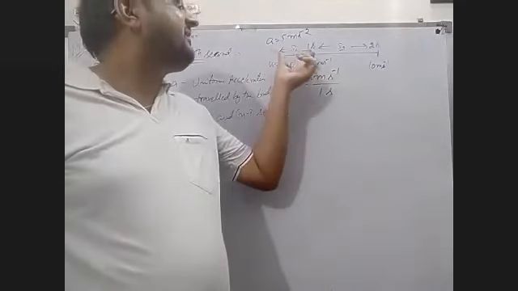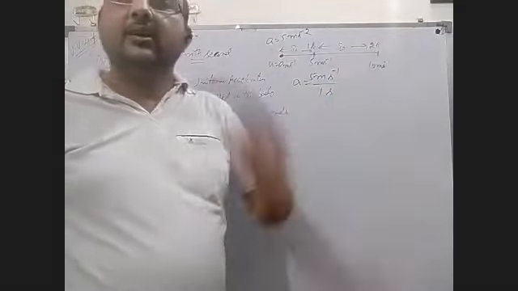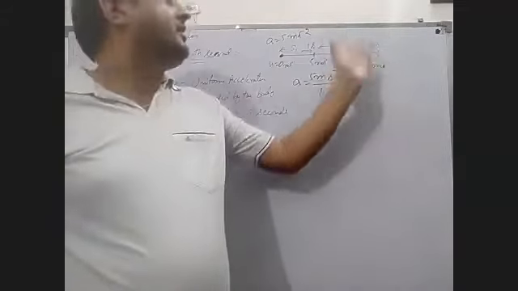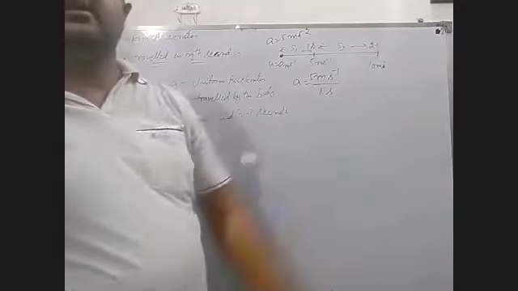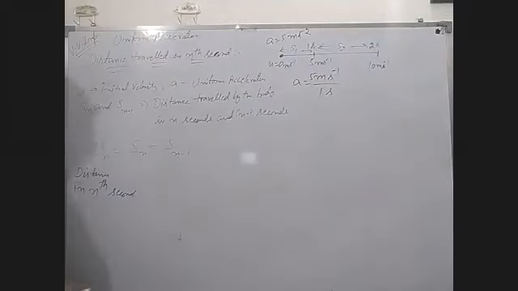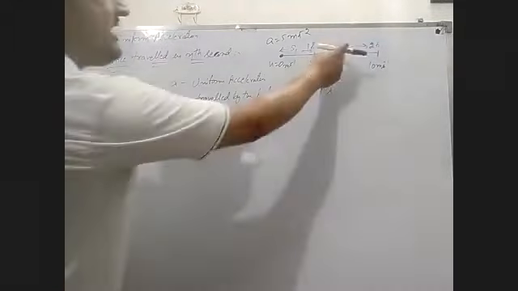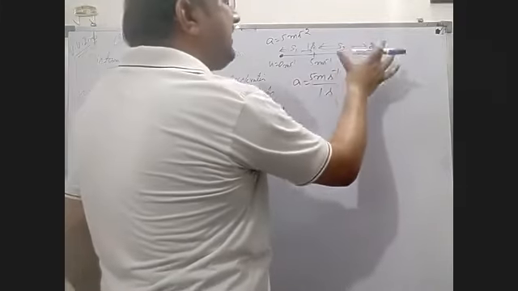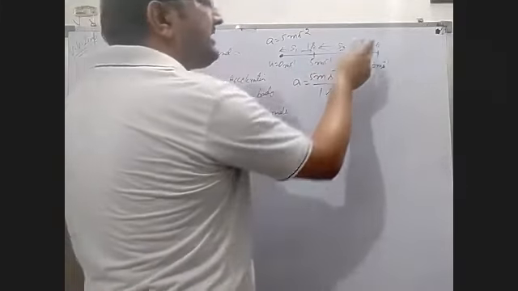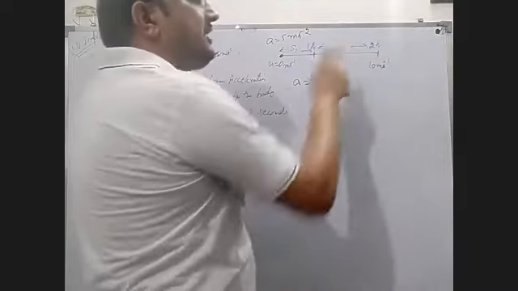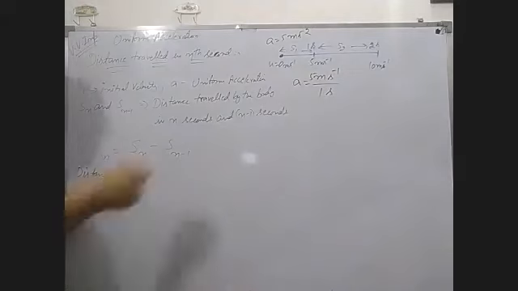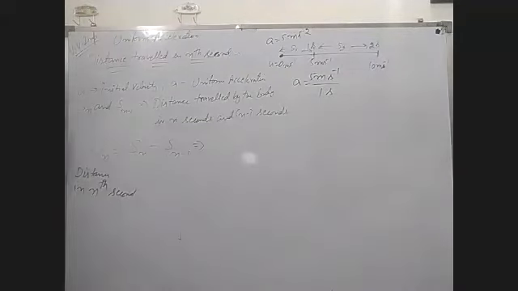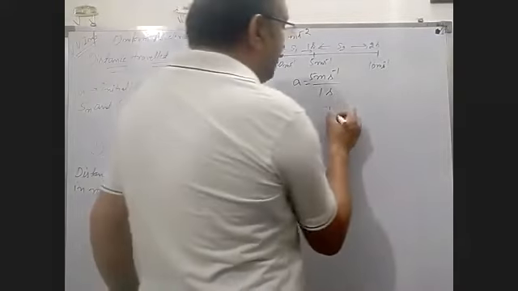In the first second, there will be less. In the second second, more. In the third second, again more. And in this way, we can calculate the distance in every second. If you want the distance covered in 2 seconds, then you can calculate it by this formula. Now solve it. What is Sn and Sn minus 1? Equation of motion, you remember?